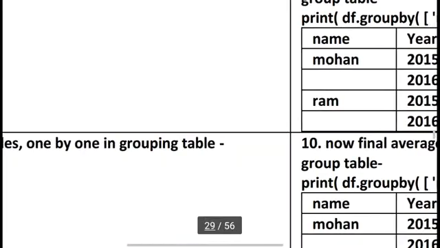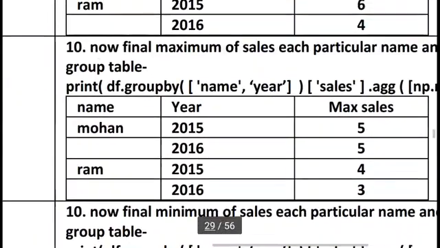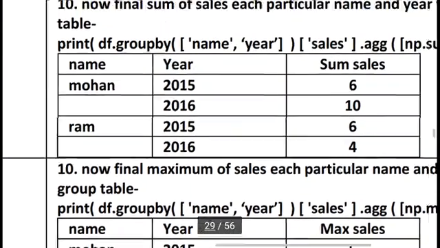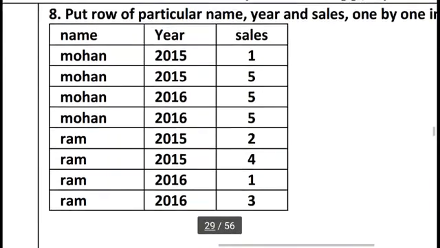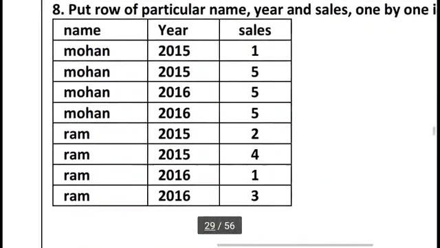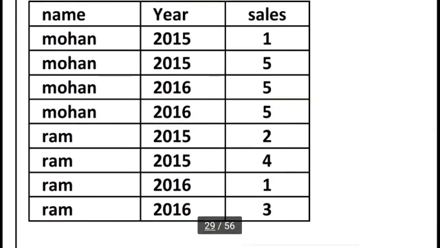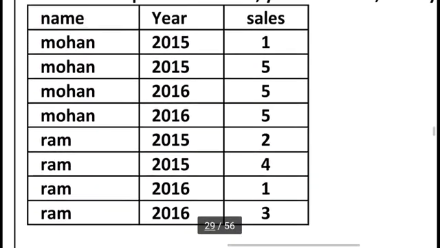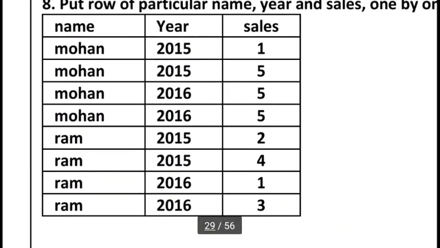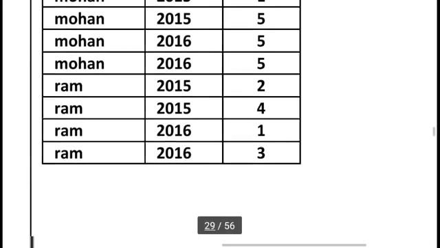So here I want to show grouping and subgrouping. Main grouping name wise, then subgrouping according to name in year. So you can see Ram 2016 1, Ram 2016 3. You can see name wise grouping, and according to each name you can subgroup by year, and according to this year we can analyze our sales. Year wise also we can analyze.